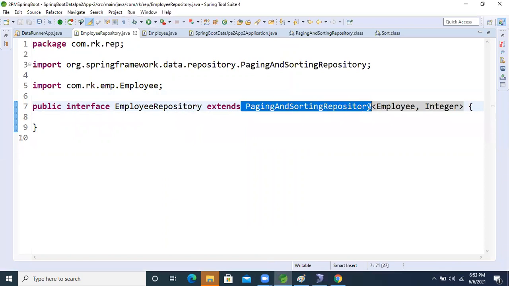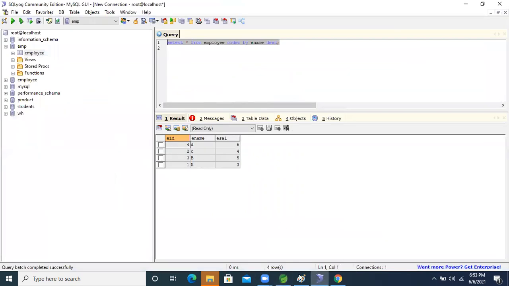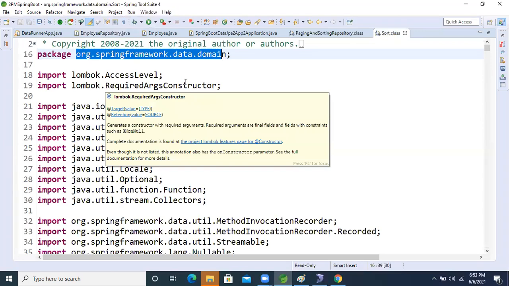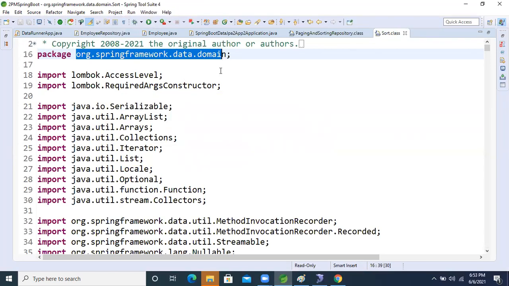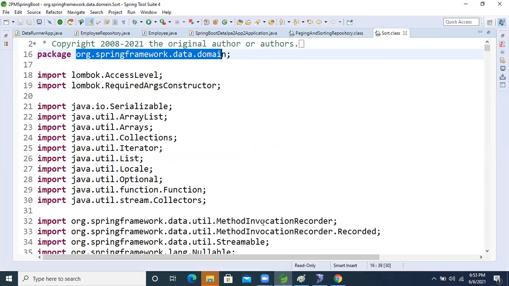In the PagingAndSortingRepository interface, Spring has already given the class. Spring says, hey programmer, don't use any other side things, use these. Whatever things we are doing here, we do in the service layer in real time. Whatever your algorithm or query is, leave it. Concentrate on the query, and if you need this kind of operation in the future, just use this concept. That's it.